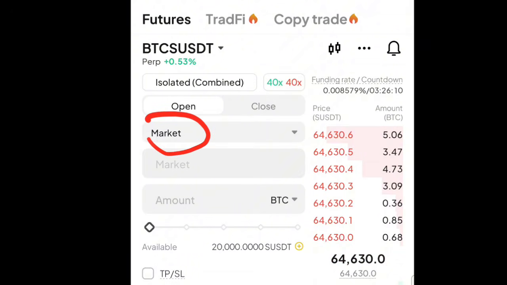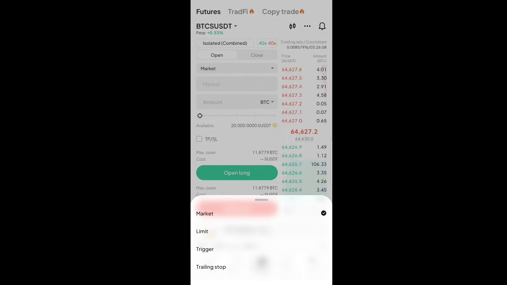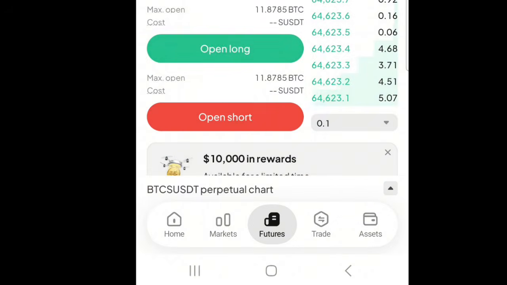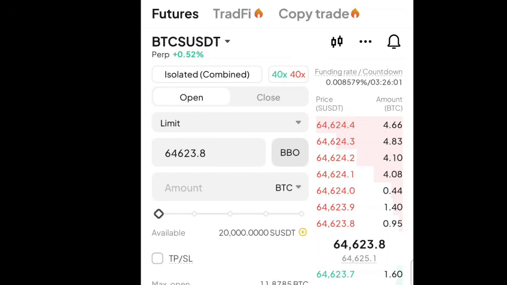It's currently on the market order, so we'll have to change it to limit order, which is right here. You get limit order because the signal is a limit order trade. If it were to be a market entry, you can then leave it at market order. That's the entry,